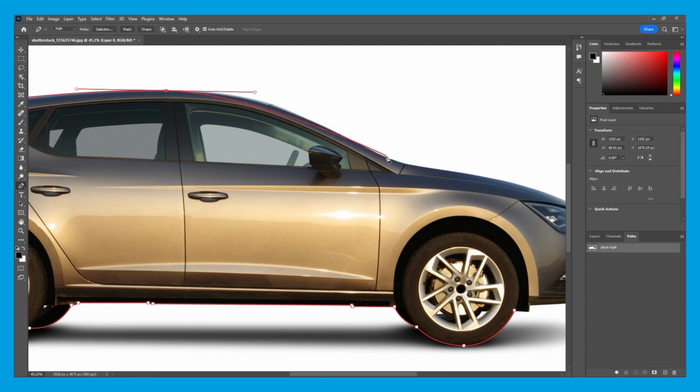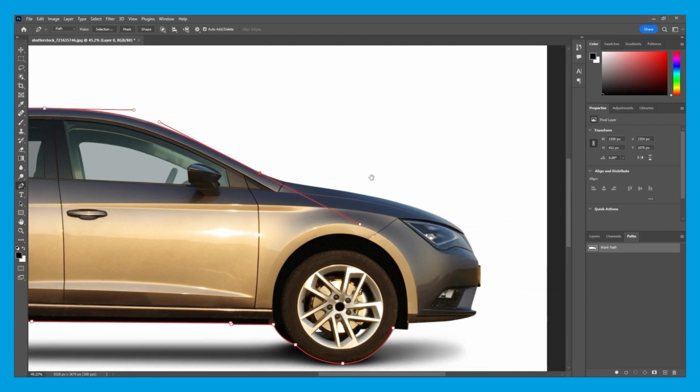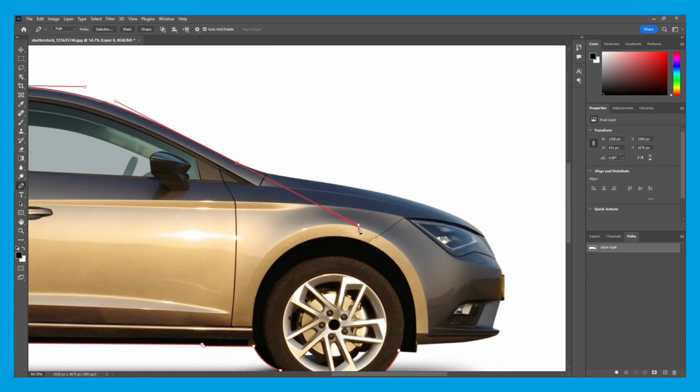And then again, the angle at the front bonnet here, front window, it changes here, so I'll place my anchor point here and again just drag. And from experience, I can tell that this direction point is going to be way too long, so I can actually shorten it by pressing Alt or Option, and there I can continue on along the bonnet of the vehicle.